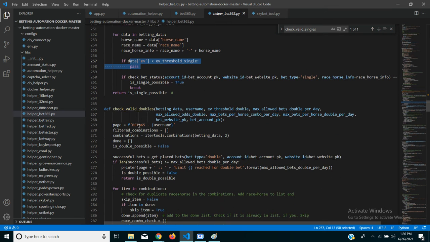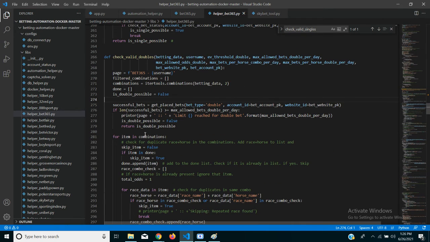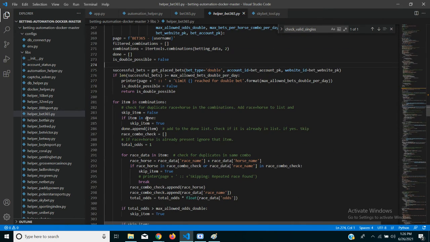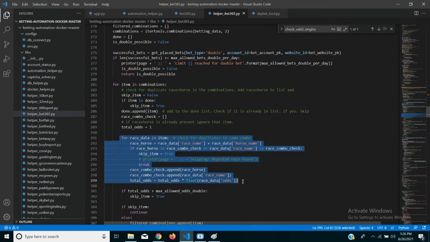Similarly for doubles, the pasting again appears, right? We check the total successful double bets for that day, and if it's still below the threshold, we continue. So we create all the possible combinations, right? We create all the possible combinations, and then I think we should talk about this because the same